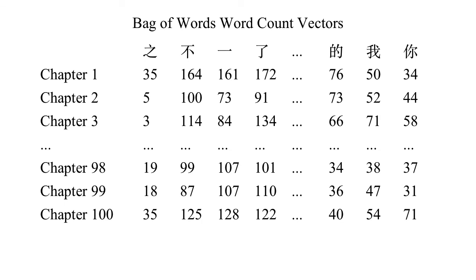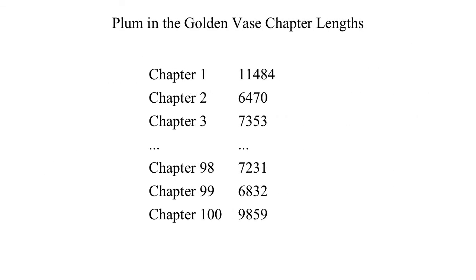And this is called a bag of words representation because it doesn't take context into account. There are other ways of doing that, but in the context of this, it's not really necessary. So now we actually have to take into consideration how long each chapter is. Because you'll notice that chapter 1 is over 11,000 characters long, whereas chapter 2 is only about 6,400 characters long. So if there are big disparities in the length of the documents that we work with, this will influence the